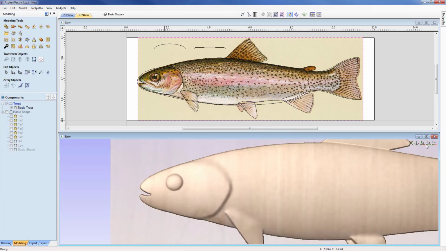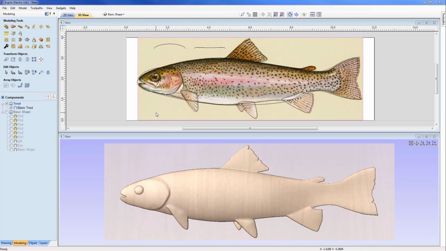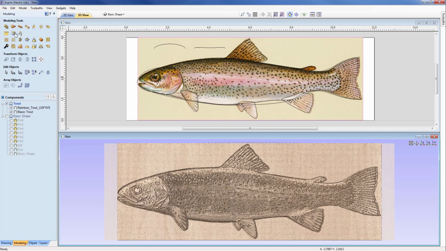And we need to think really about a different option, which is to take the whole of the selected image and see if we can create a shallow 3D relief that we can then put over the top of the existing trout model. Okay, so we have the image selected in the 2D view, and I'm going to select from my menu the command create component from selected or imported bitmap. We imported this bitmap as really the first thing we did with this project, so I don't need to import it. So I can just select that command now, and you can see in the 3D view it's immediately generated